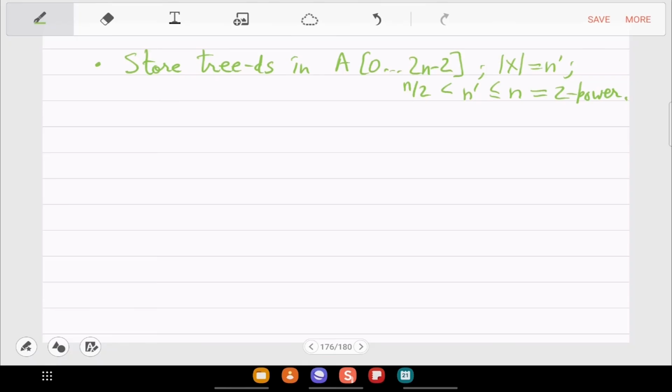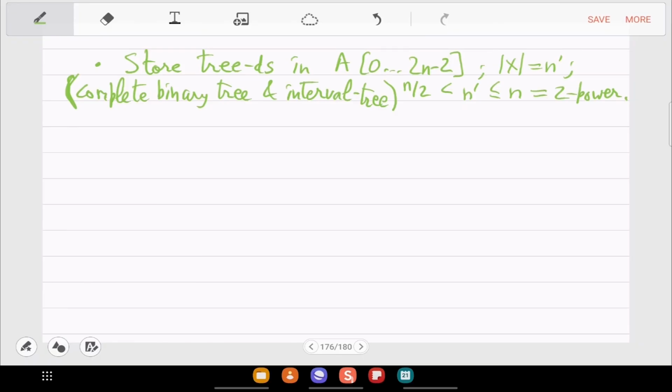So n is the least power of 2 which is just above n prime. So you have the complete binary tree and also an interval tree. All these structures are simultaneously present in the array as before.